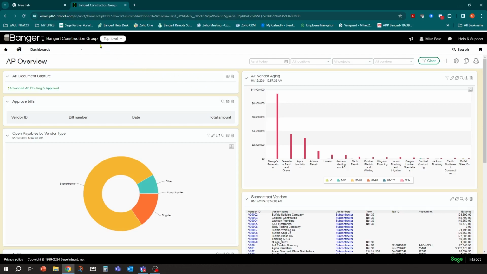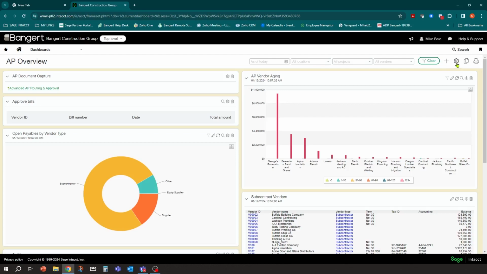So when I go inside a dashboard, you'll notice the little settings wheel over here on the top right. And you do need to have the right admin approvals to modify these dashboards and modify the settings. If you don't see this little wheel, you need to contact whoever your admin user is in Intacct and make sure you have the security rights to access and modify dashboards.